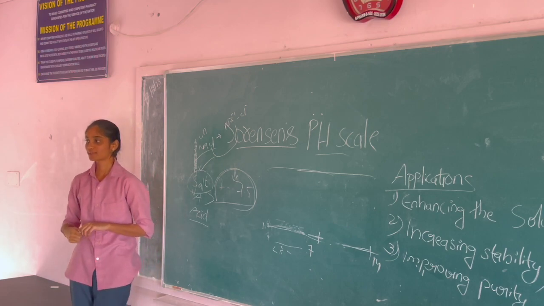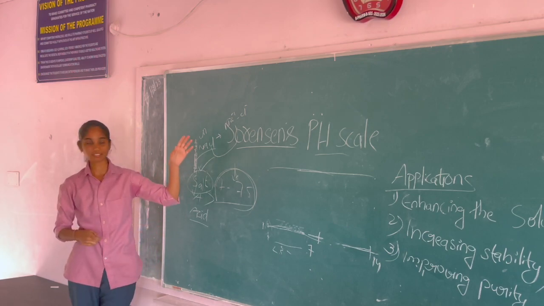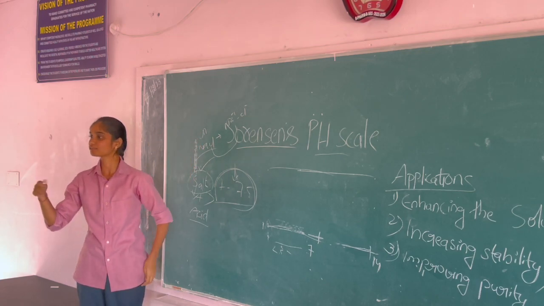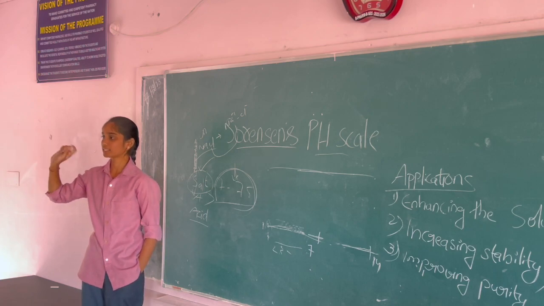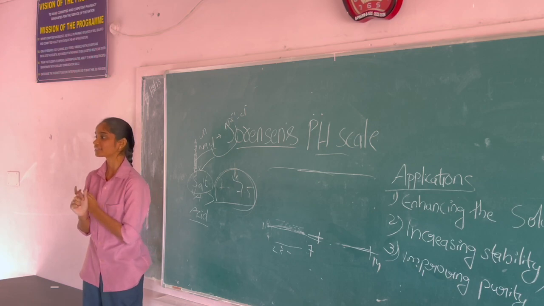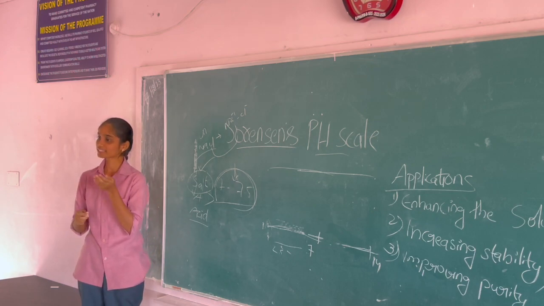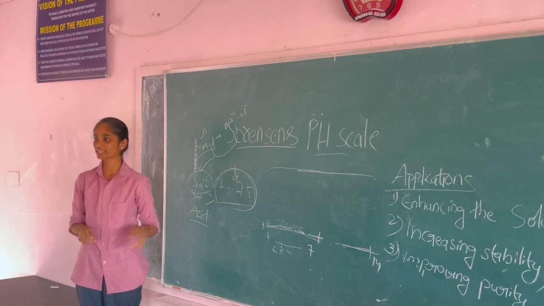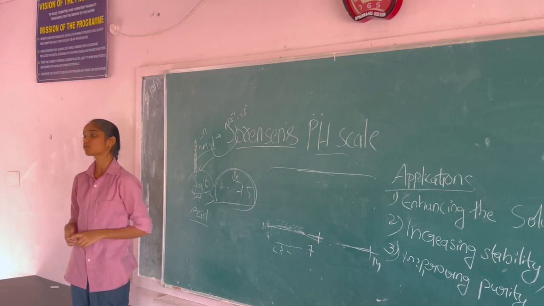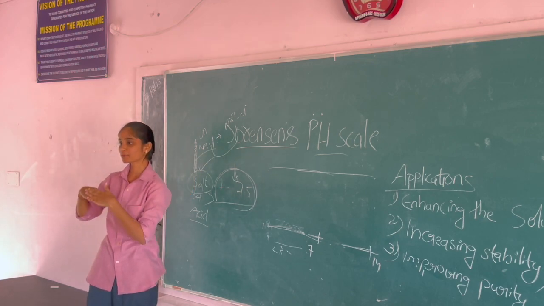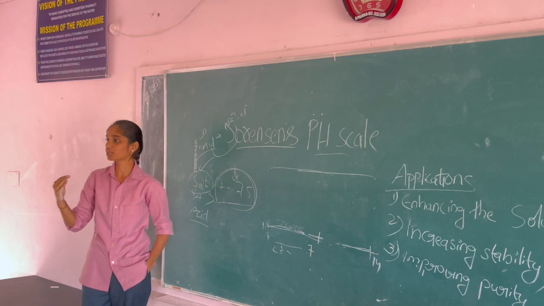Actually, what I mean is, not only in NaCl, but if we take any drug, it is available in two forms, unionized form and ionized form. If we maintain the optimum pH, the unionized form is going to be more soluble, and the ionized form is also soluble, but it may be somewhat less soluble when compared with the unionized form.